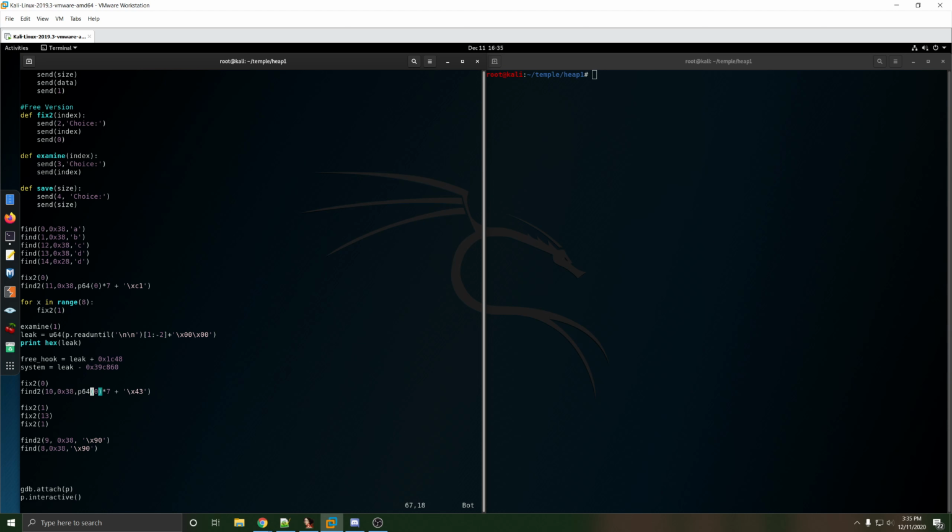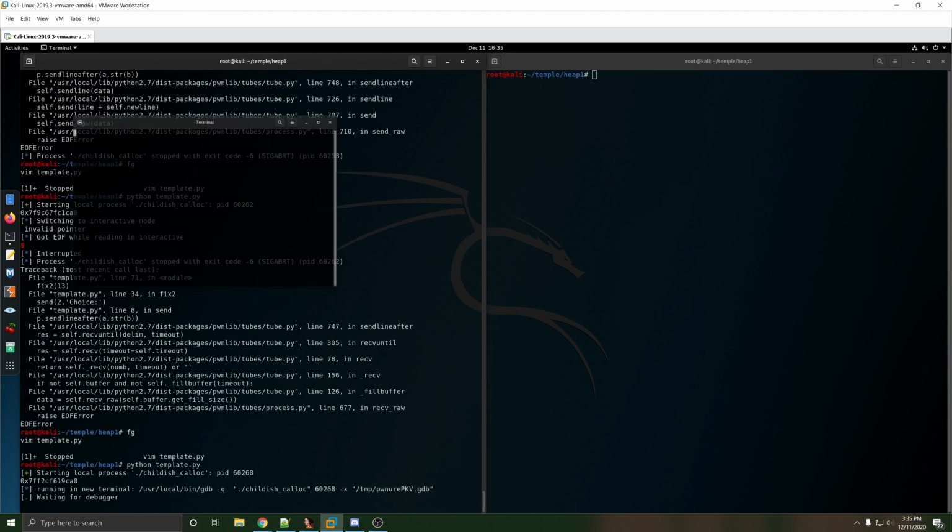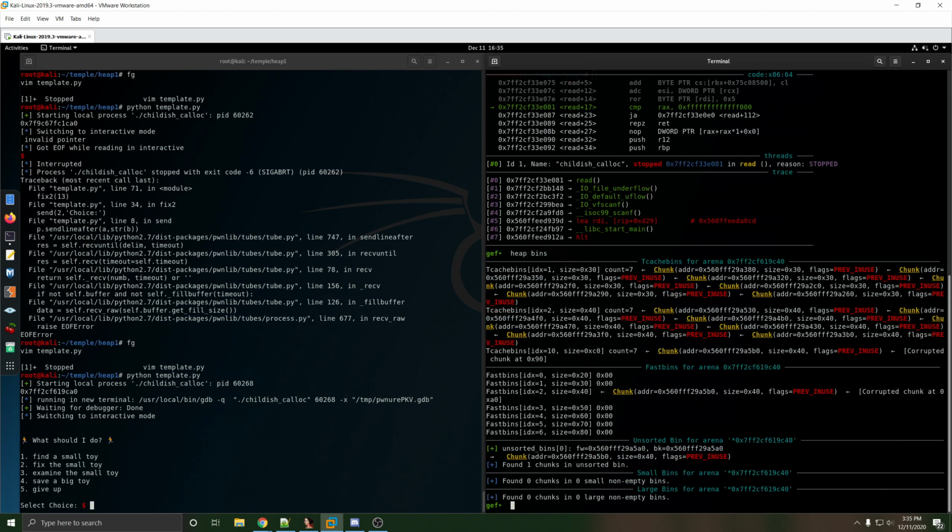Oh, that's because I did this. Oh yeah. So here's another issue we're running into: we can't free an mmap chunk because it's going to freak out at you and say this chunk isn't mmapped, it's not at the top of the heap, and it's going to cause problems. So we'll do this, get that, and check what our heap bins look like. Right now we have a pointer to the 1 and then a pointer to 0, because that's what was put in there after the,